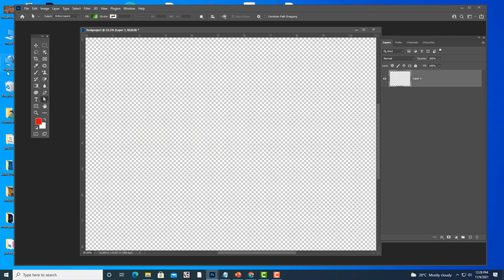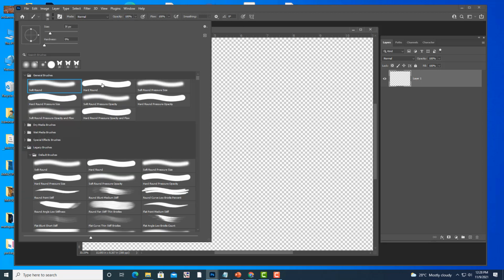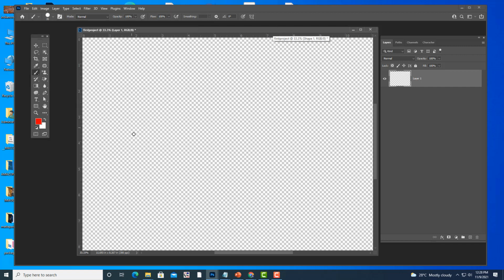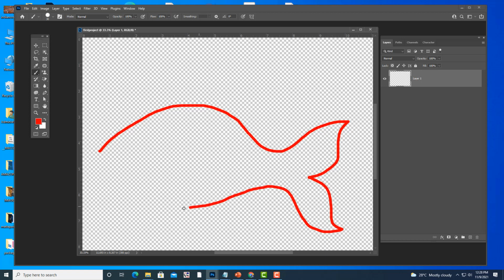So this time I will create a fish. Okay, so a fish is a little bit complicated. So let me create a reference first. Okay, so a fish.